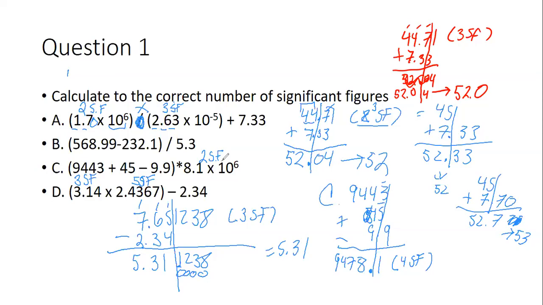So times 8.1 times 10 to the 6. So when you do that, you get 2.61 times 10 to the 6. Now I need to only have 2 sig figs, so I need to move my decimal over to the left. I'm going to move it over 1 place, 2 place, 3 place, 4 place. So when I do that, I get